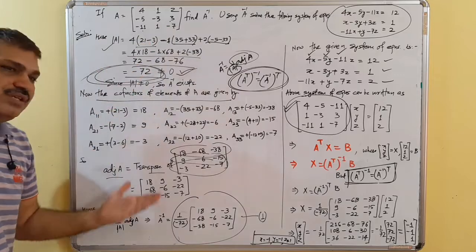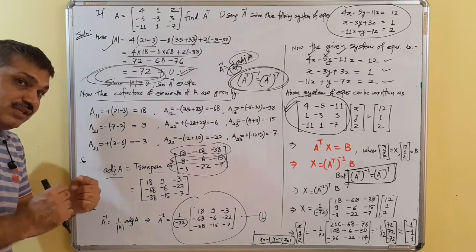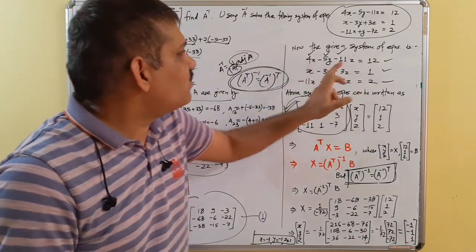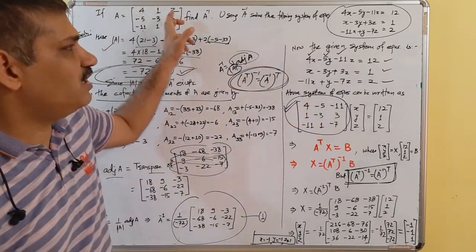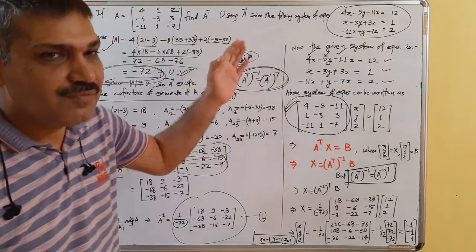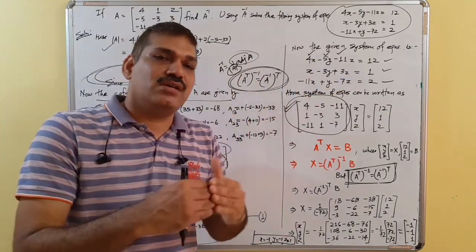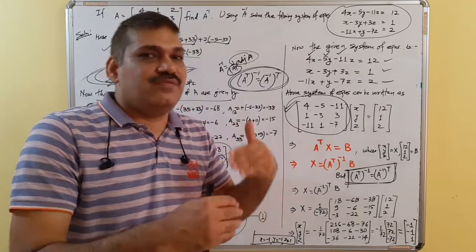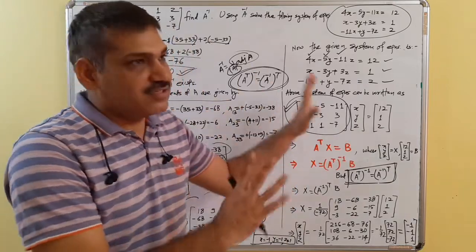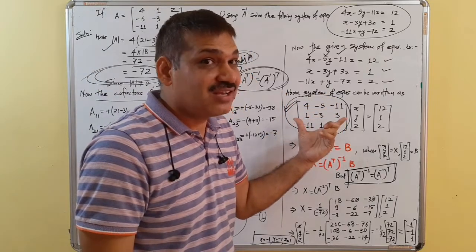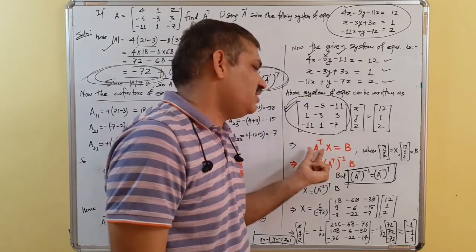That we are to do with the usual process. Now using this, you can see 4, minus 5, minus 11 does not exist in the first row but in the first column. That means we are to use the transpose of this matrix for solving this system of linear equations. So we are not going to name it as A because this is not A. Actually it is A transpose.